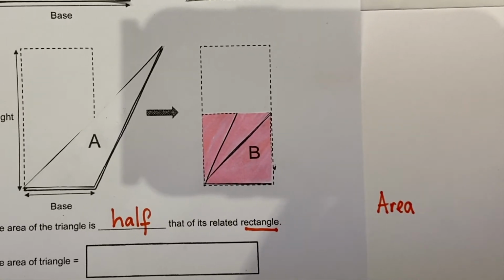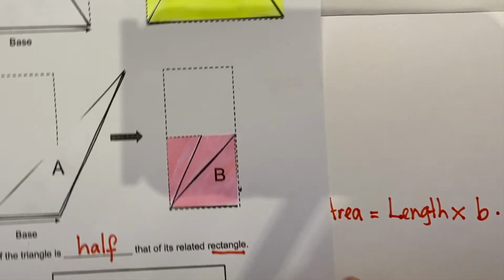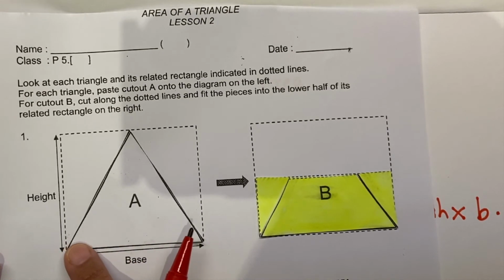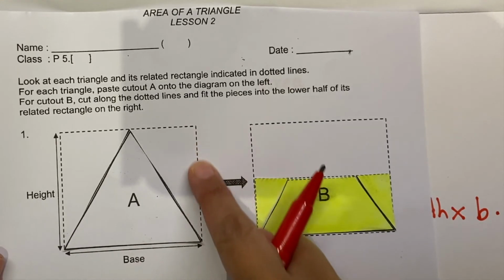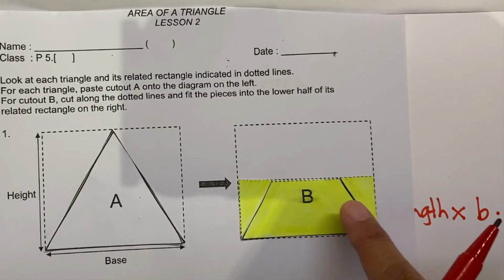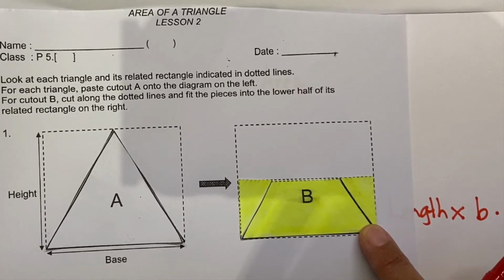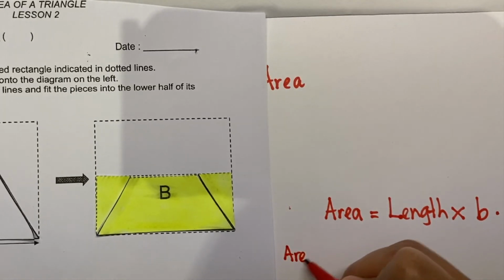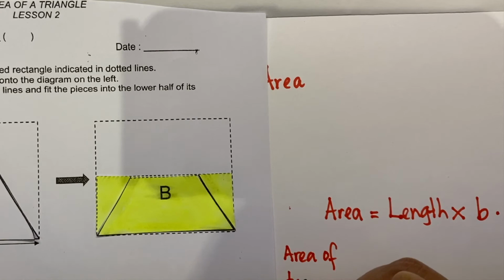Area of rectangle is actually the length times the breadth. Length times breadth. So in other words, your area of rectangle is the length times the breadth. So as you can see from here, if it's the length times the breadth, so your area of triangle